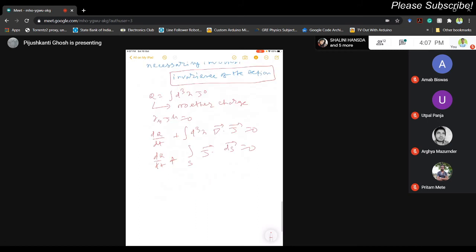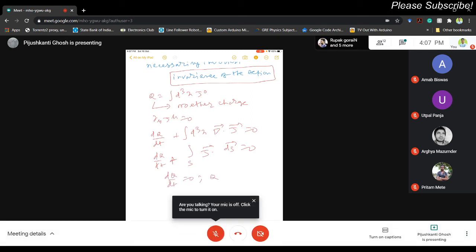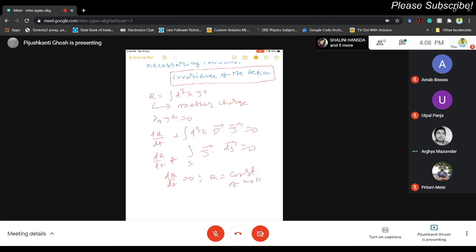Fields being well behaved means, just remember the derivation of the Euler-Lagrange equation of motion, where you assume that as mod x goes to infinity, the field vanishes. So this j is made up of those fields, some specific combinations of the fields. So if that vanishes, the integration also vanishes. So dQ/dt is equal to 0, Q is equal to, the total